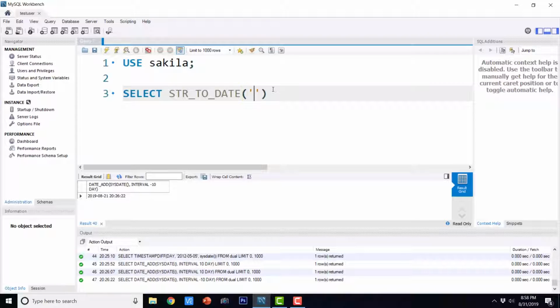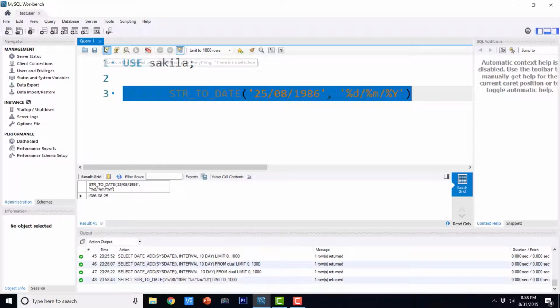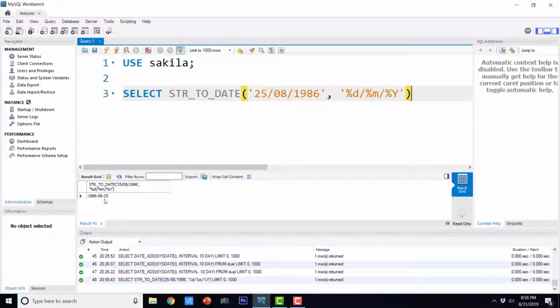So for example, I am going to say 25, 08, 1986, comma, %d slash %m slash %y. So if I execute this, it is going to show me the 25 08 1986 into date format.